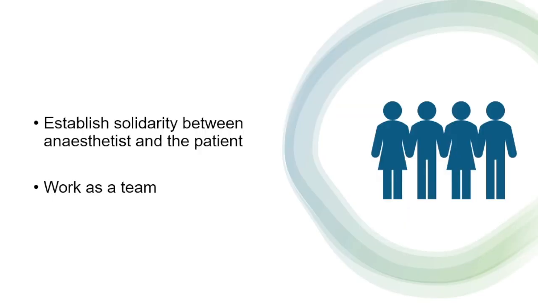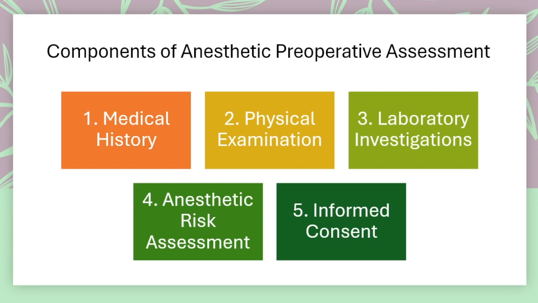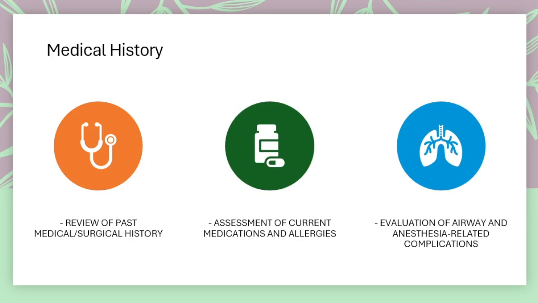So when we take the history, like age of the patient, you have to assess the current surgical needs, and then you have to assess all the diseases related to all the organ systems, like diabetes, ischemic heart disease, hypertension, and then symptoms or features of anemia. So you do a systematic evaluation, and also you take the prior anesthetic history,